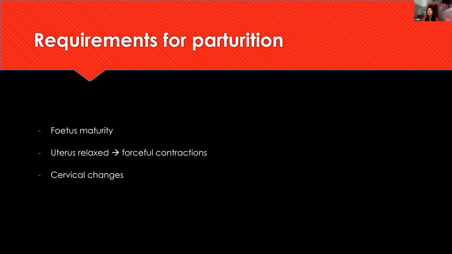So before we can even start talking about birth, let's talk about what the requirements for parturition are. First, you need to ensure that the fetus is mature enough, and organs like the lung, gut, and liver need to be fully developed. These are typically organs that form towards the end. Clinically, you can see it in premature babies who may have underdeveloped lungs. Or if you have preterm labor, mothers can be given cortisol, which hopefully helps mature the